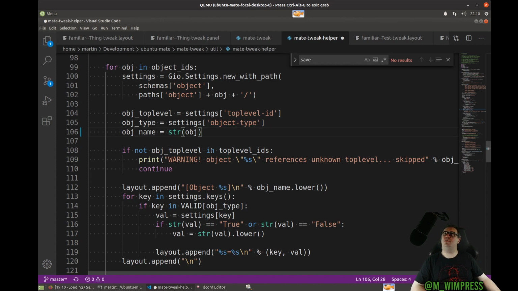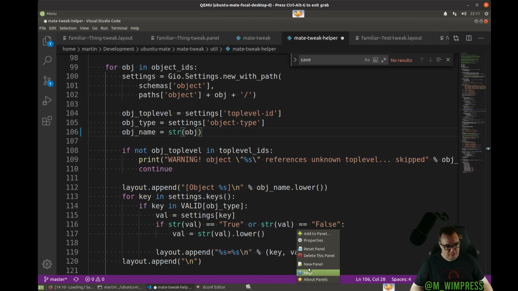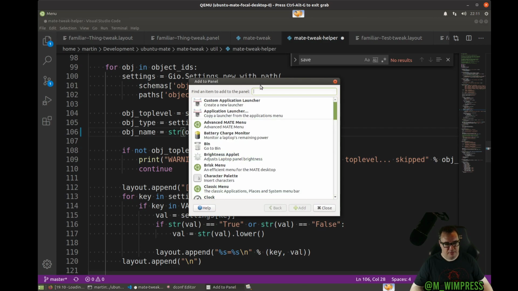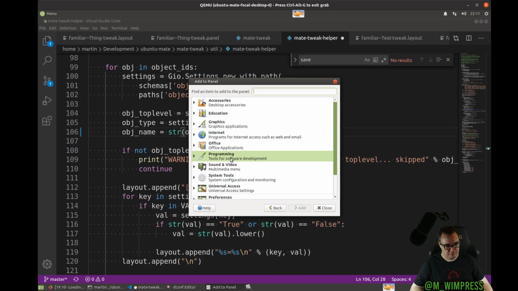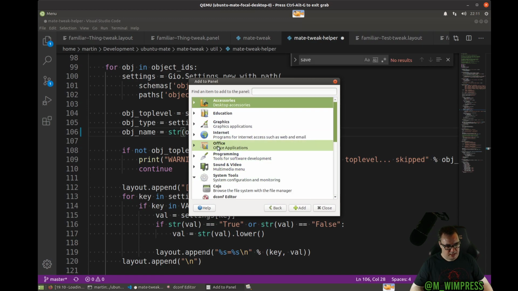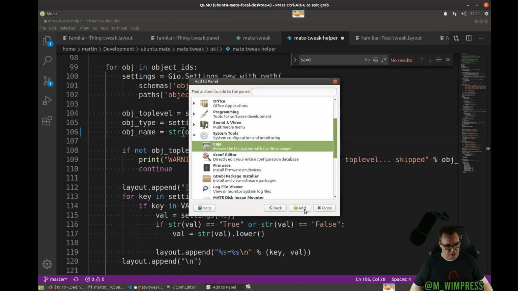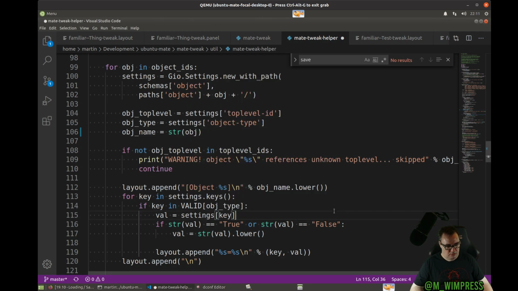Which means if you're modifying an existing layout that uses clean names, your new applets that you add, or launchers for that matter, I need to test launchers, should have now distinctive names. Let's add a file manager. Right, you're both in the same panel, so